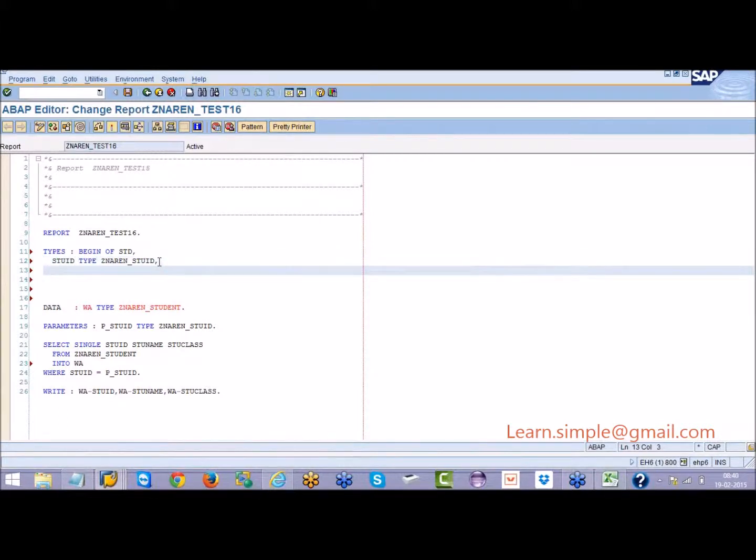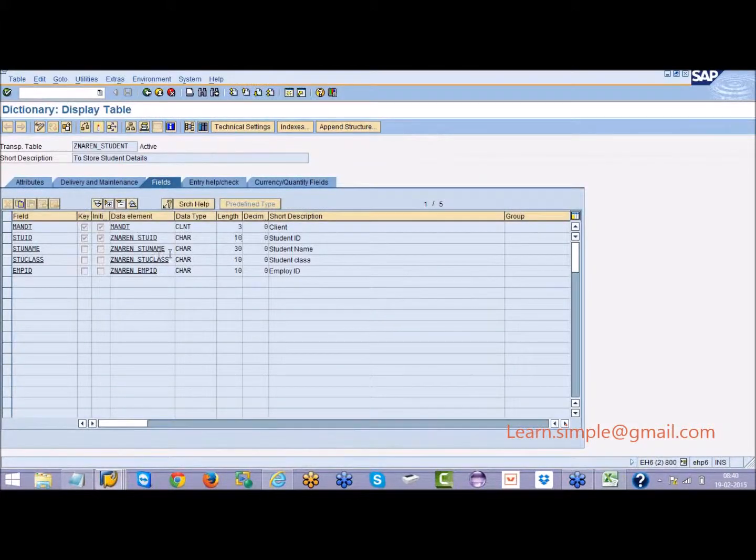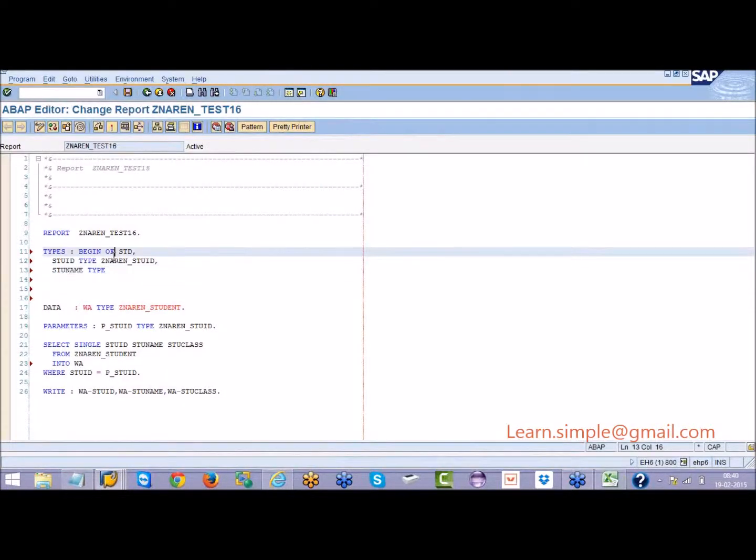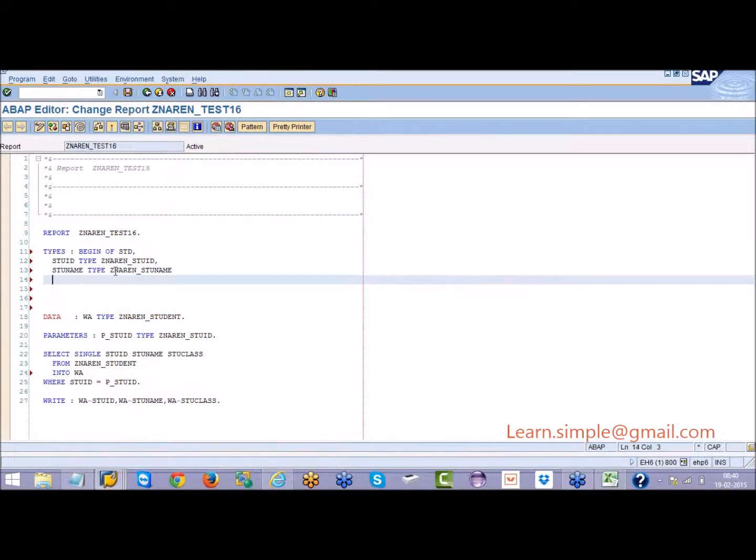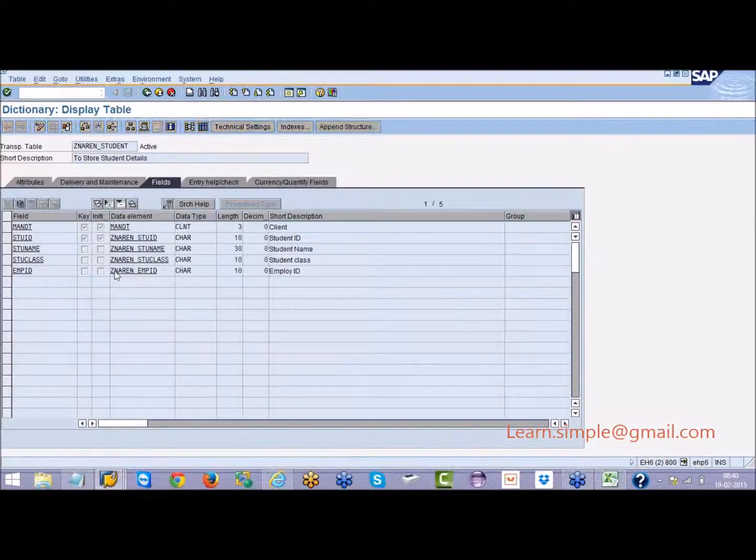Then similarly, I want STU name of type character 30. So I will take this data element and put it over here. So character 30 will be given to student name. And what is my third field? STU class of type character 10.